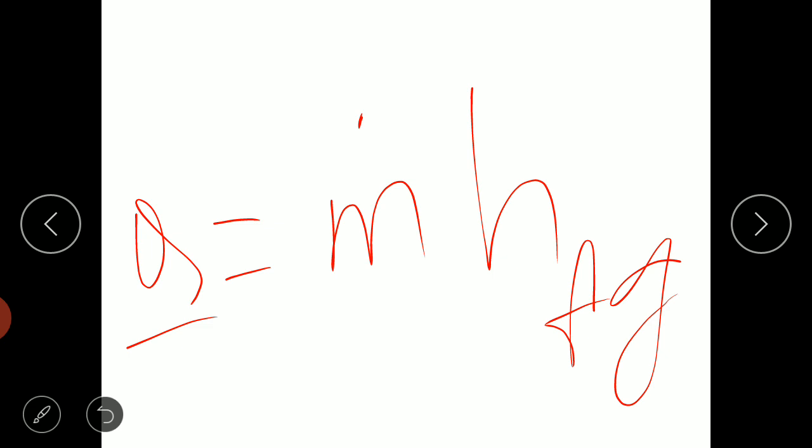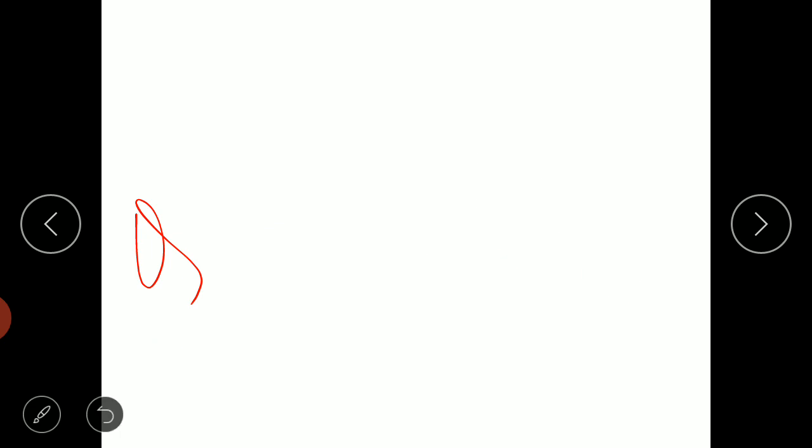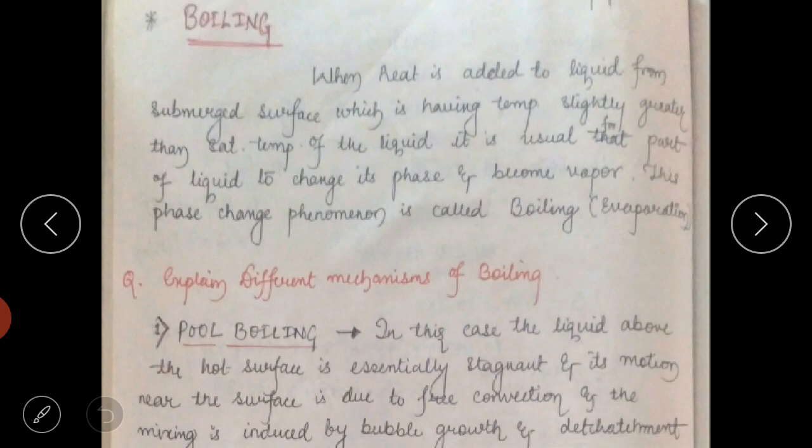So it requires more heat, also it requires more heat to be added or taken out. Okay, this is the basic thing which I wanted to discuss. Now the boiling or condensation, their mode of heat transfer is also kind of convection only, but here the amount of heat addition or removal will be quite more compared to normal convection.